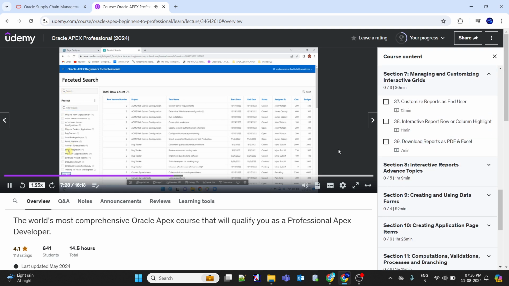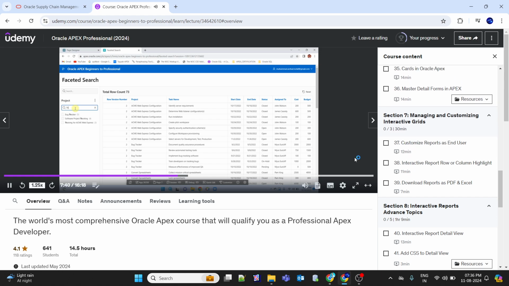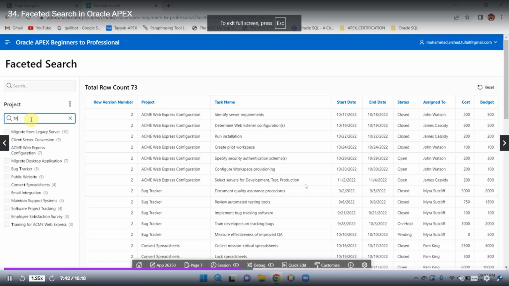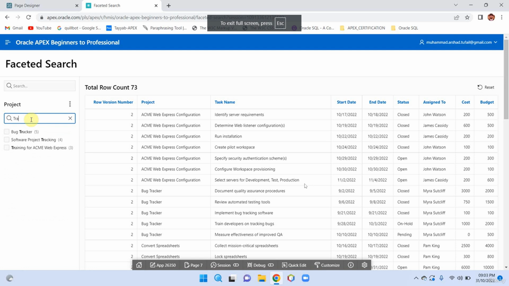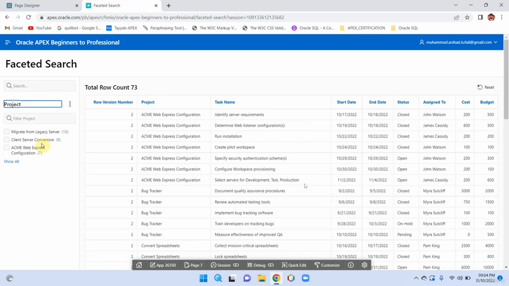For example, I want to search training of, so you can search training of. In this way, when I click on this, you will see we have only 3 records here, and you can see the count of this project is also 3. So in this way we can include an individual search for each facet, but this search is a global search. It will search all the